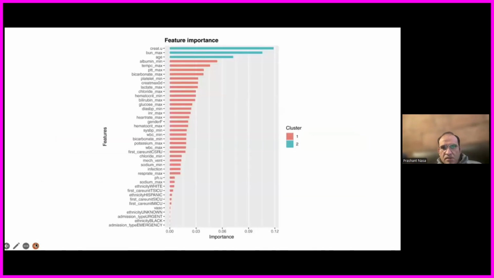By looking at this, there were two models. The traditional cluster model looks at only age, BUN, and urea creatinine, and that's the way we look at acute kidney injury in our patients. We look mainly at the age and then try to calculate the GFR and predict whether these patients will ultimately develop acute kidney injury or not. While machine learning tries to integrate a lot of other complex information besides just looking at renal function, by looking at overall physiological parameters which are being captured in these patients and integrating these into a model.